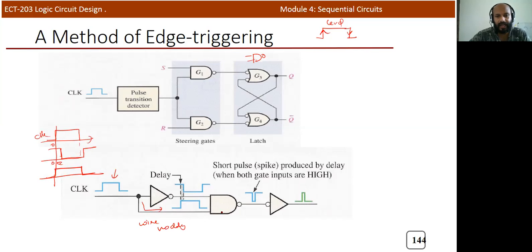So the input of the NAND gate will be like this. For example, this is 1 and this is 2. So this is one input and this is another input. If you consider this NAND gate output, see for this particular duration,